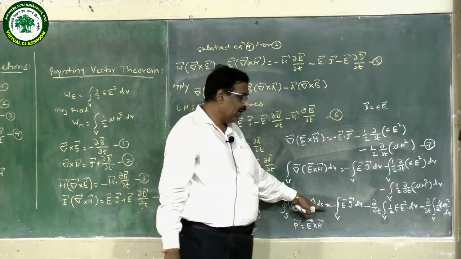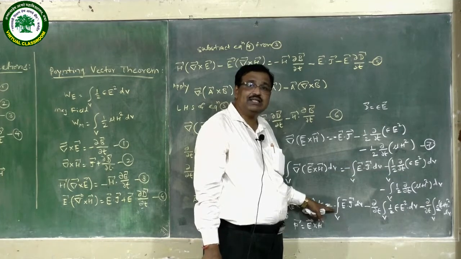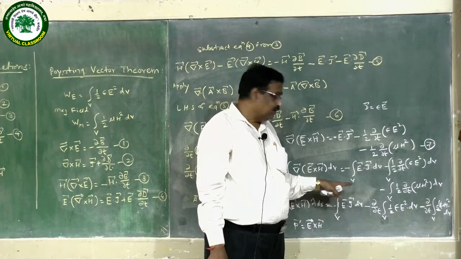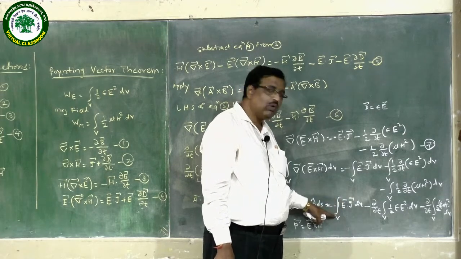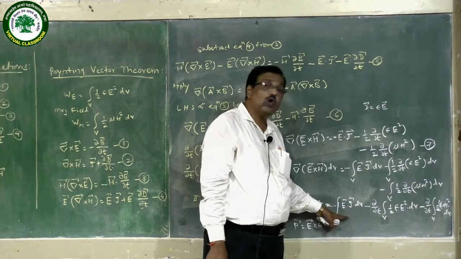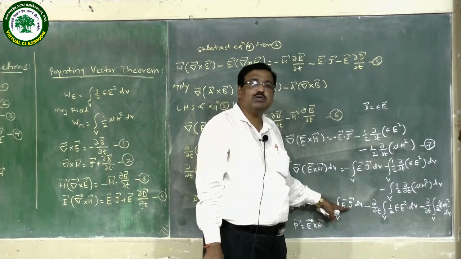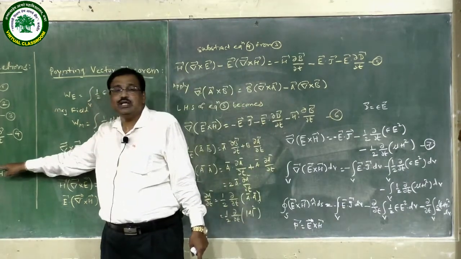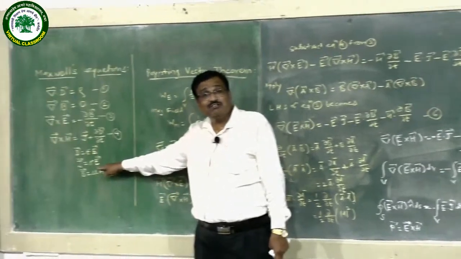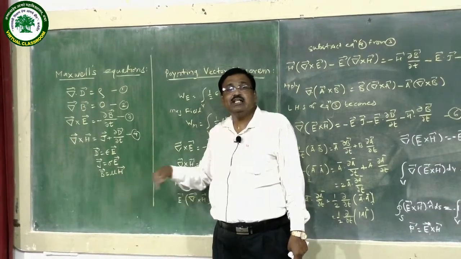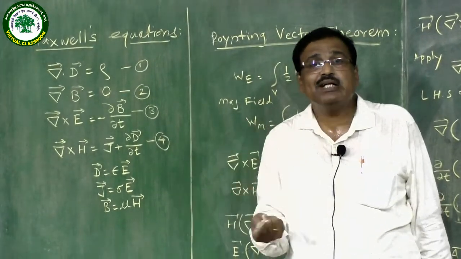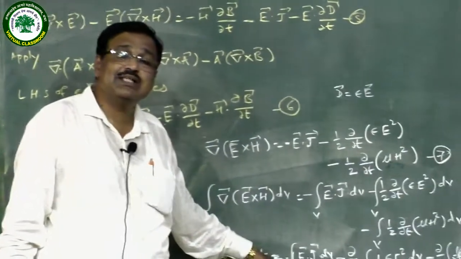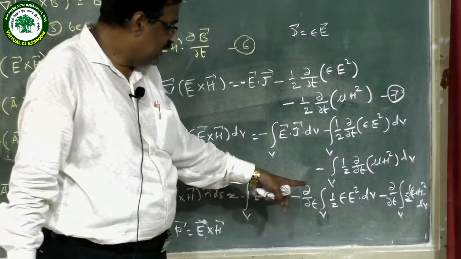over the surface as follows. We have three terms. The first term has a negative sign, which indicates that there is a loss. This loss is the total energy loss over the volume due to ohmic loss. Why is it called ohmic loss? Because there is a term J, and according to Maxwell's equation, J is equal to sigma into E. What is sigma? Sigma is the conductivity of the medium. If we have a conducting medium, there is use of a conductor, and if there is use of a conductor, there is ohmic loss. So this type of loss is known as ohmic loss. Now we have the remaining two terms.